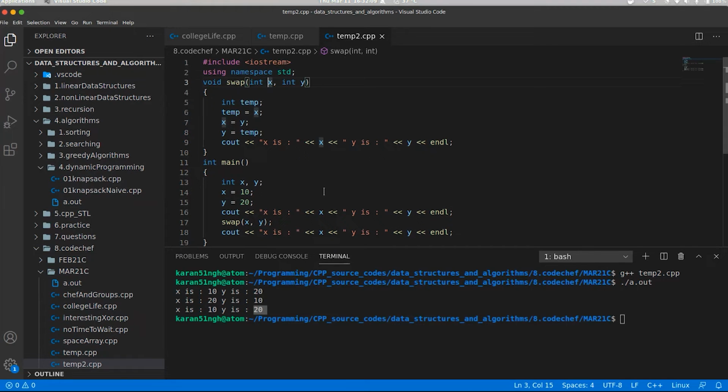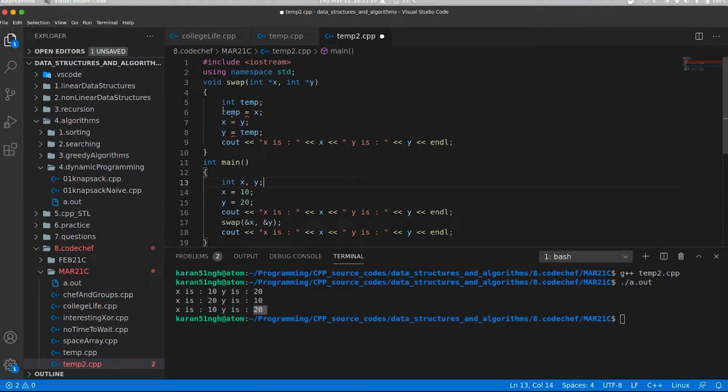Now what I will do is I'll change this to int star x, int star y, and I will pass the address of x and address of y. So now what I'm doing is that I'm creating a local variable to this function, which is a pointer type of variable which will store the address of x, and a local pointer type of variable that will store the address of y.